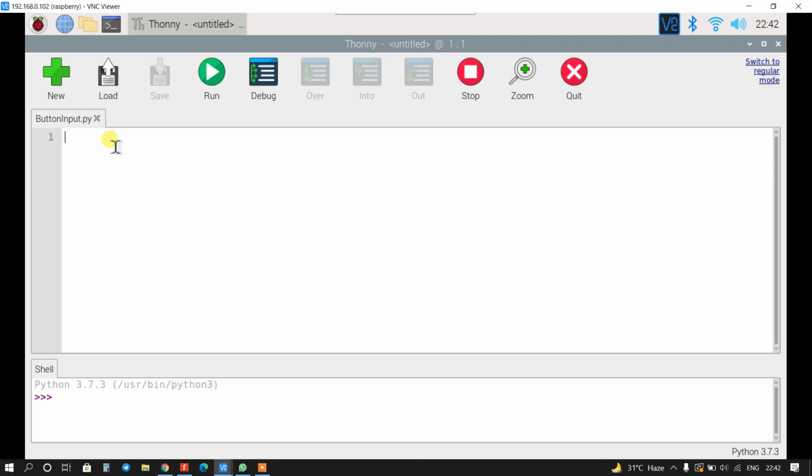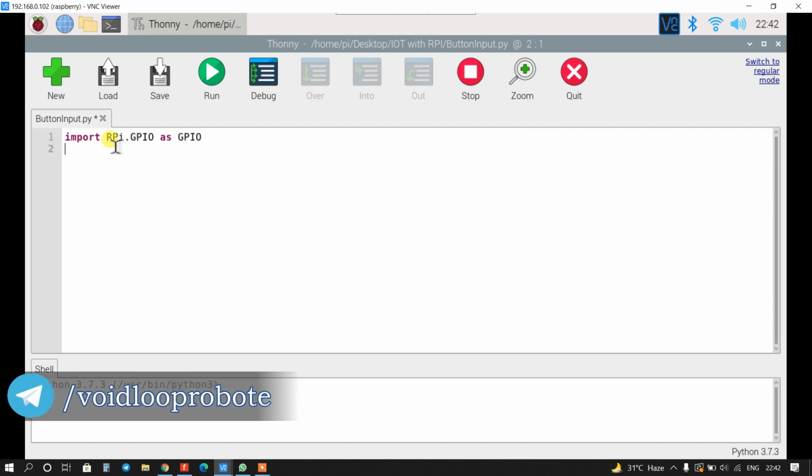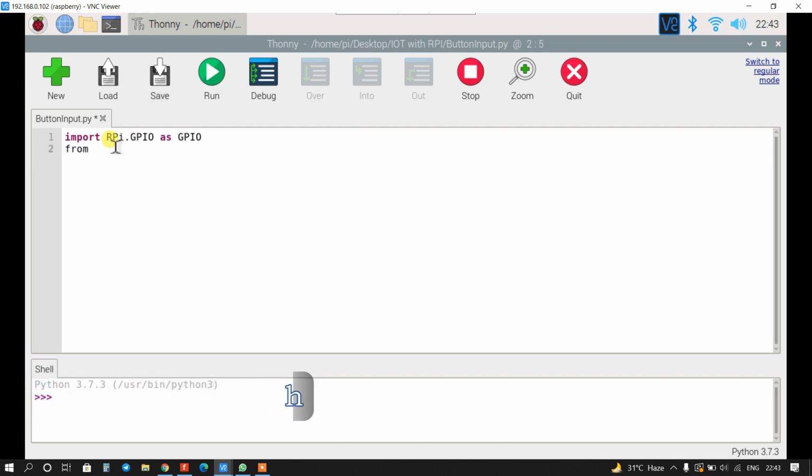So first of all I will import the rpi.gpio library. So import rpi.gpio. We will use it as only GPIO, and I will import the sleep class from the time library. From time import sleep.